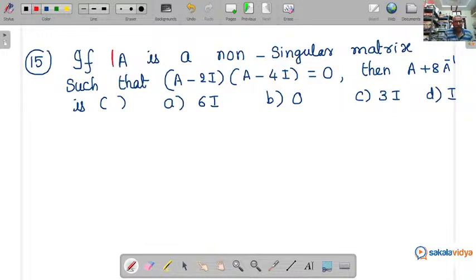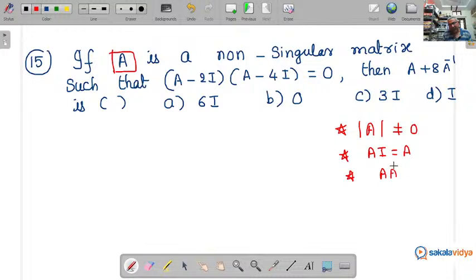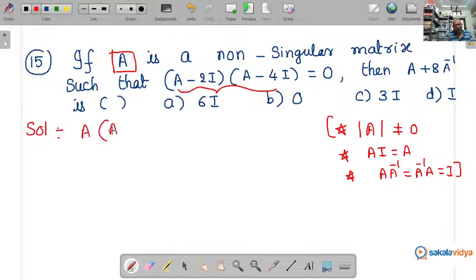See, A is a non-singular matrix. So that means actually here det A does not equal 0. This is the first concept. And one more thing you remember, my dear students, A into I, you get A. And one more concept you must remember, A into A inverse or A inverse into A is I. Enough. With the help of these concepts, this can be solved. So now consider this one. Expand. You get like this. So A of (A minus 4I) minus 2I of (A minus 4I)